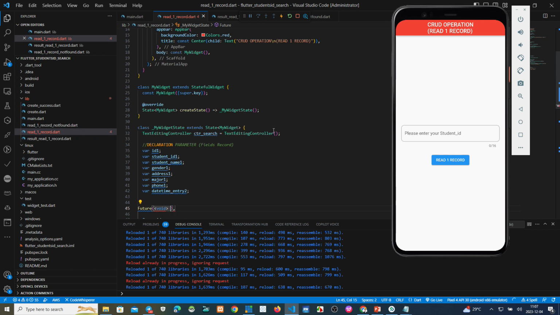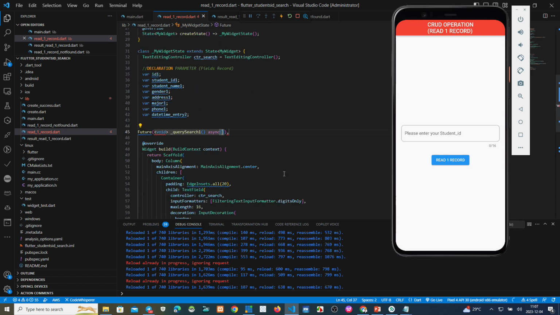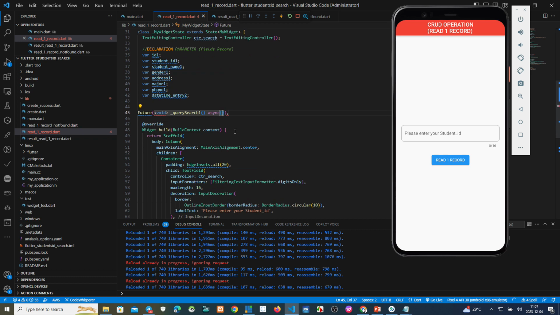We make the name _querySearchOne async. Why is this red?